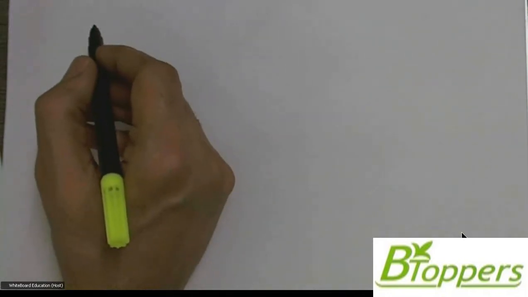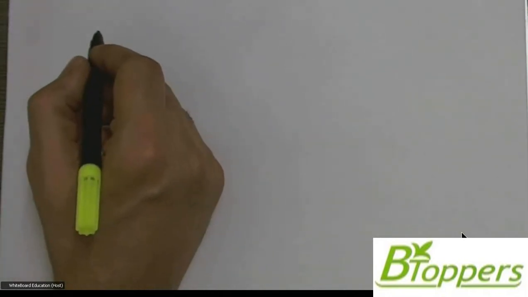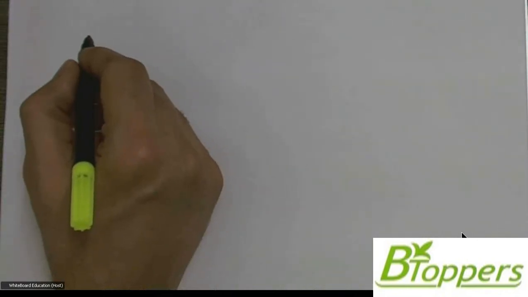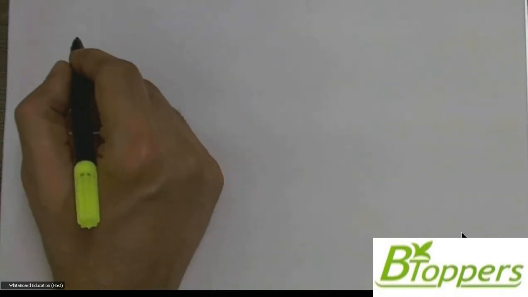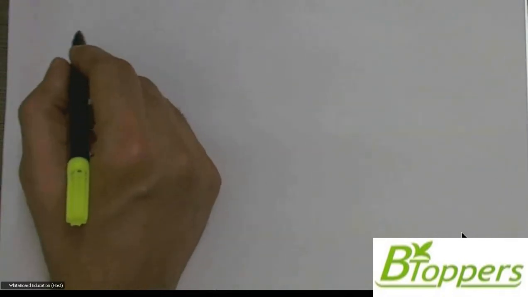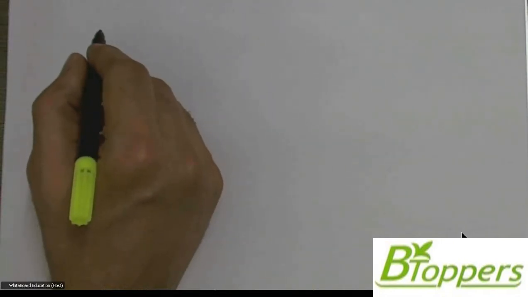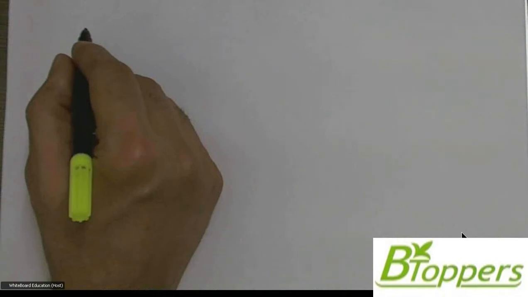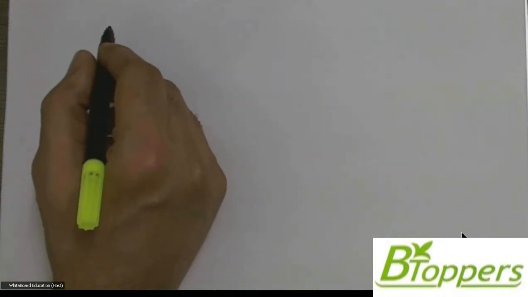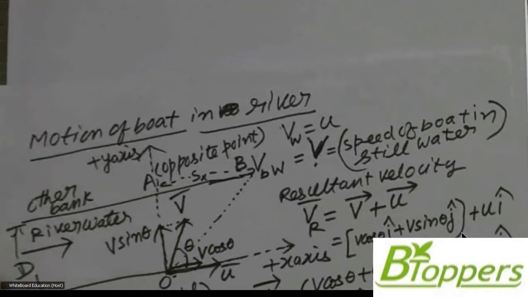So here, regarding the displacement, sometimes you may be asked to find the drift of the boat while crossing the river. That means the distance the boat moves down the river in the direction of the water flow, below the point A, opposite to the initial position, below the starting point. Then in the diagram I have shown,